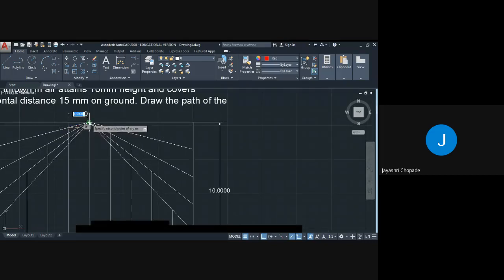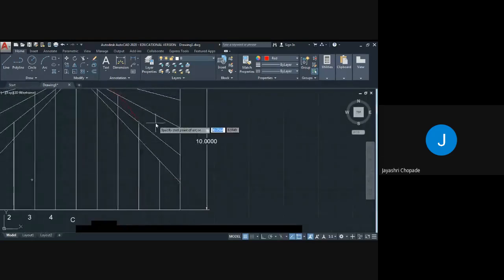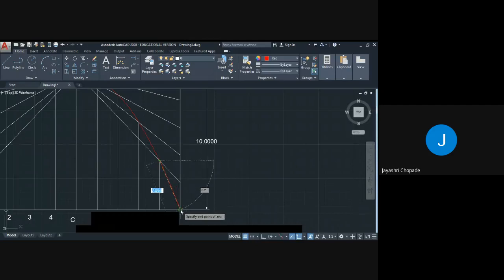First, second and third. Again use arc command, select the points. This is first, second and third.